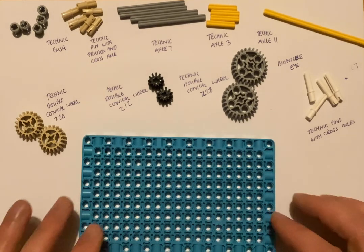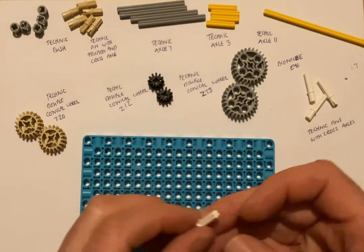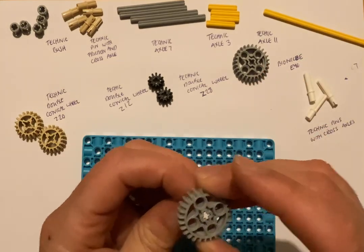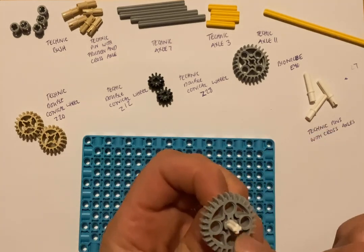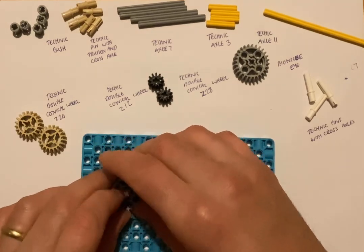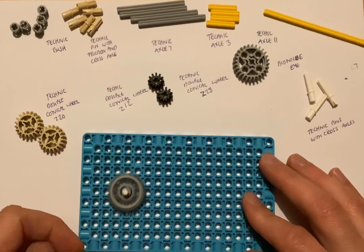So to attach them to our base plate, what we're going to need is a Technic pin with a cross axle, and the cross axle simply slides through the center of the gear like that, and it actually holds it in place. It's important that it holds it in place. And then you have the pin that just attaches it to the base, and there you can see it's free